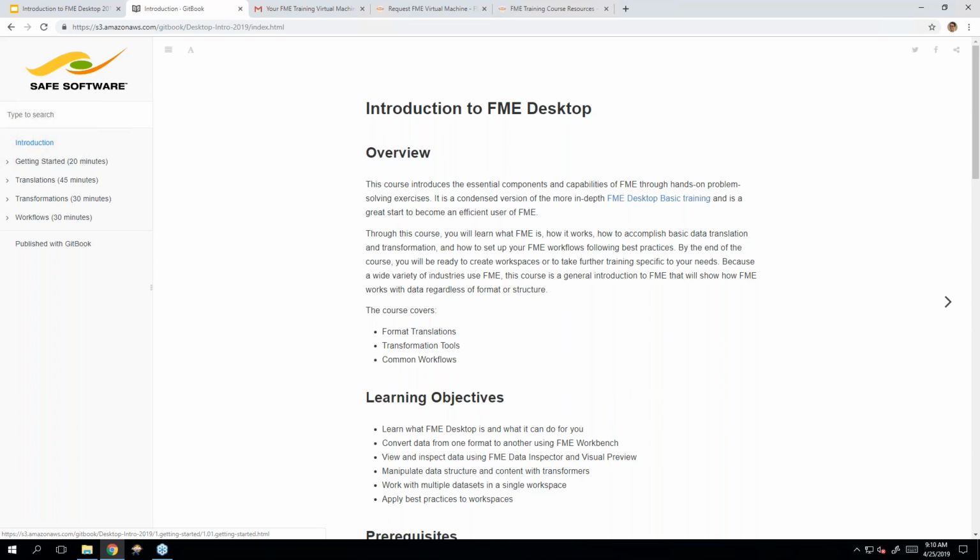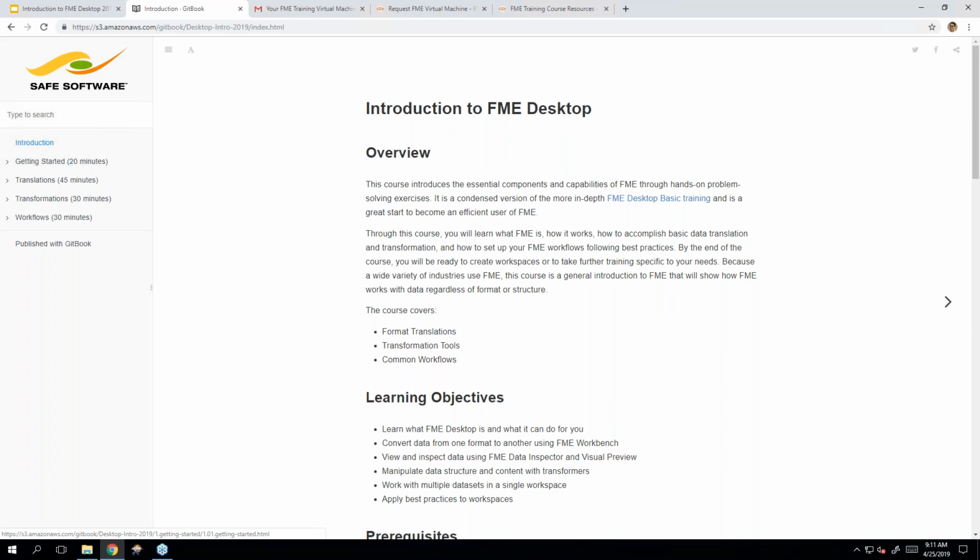As you can see, if you're looking at your manual, we've got 4 different sections today that we'll be covering. There's a first section called Getting Started, which will be an overall introduction to FME. Then we'll cover translations, which is our word for converting between formats. Transformations, which is where you're actually changing your data. And workflows, which is where we're going to go over slightly more complex procedures and how to organize your work